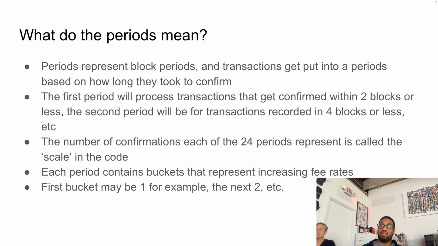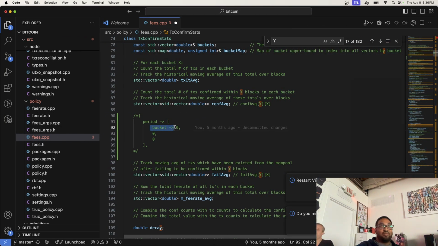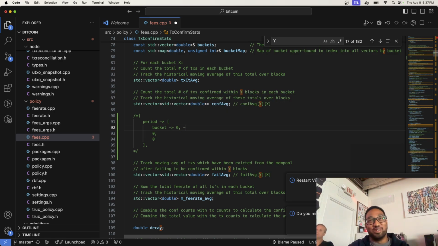Each period contains buckets that represent an increasing fee rate. So going back to here, this is kind of implicit in the code, but this would represent fee rate 1, and this would represent fee rate 2 sats per vbyte, and so on and so forth.